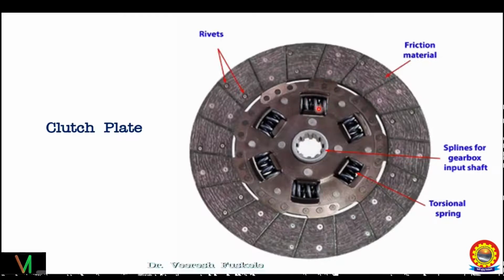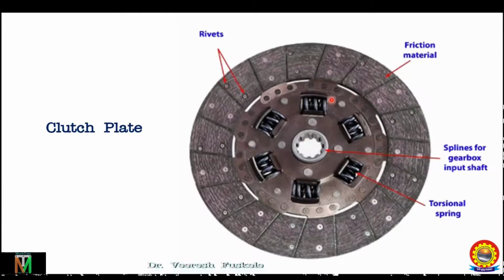So when the clutch is immediately engaged, the clutch plate is between the flywheel and the pressure plate. The pressure plate pushes the clutch plate against the flywheel. Let's say the clutch plate is at rest and the flywheel is rotating at some non-zero speed. Suddenly there is a torque that is transmitted, right? And there is a speed differential, so there can be some judder due to sudden pickup of the torque.